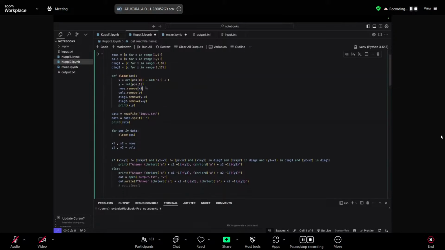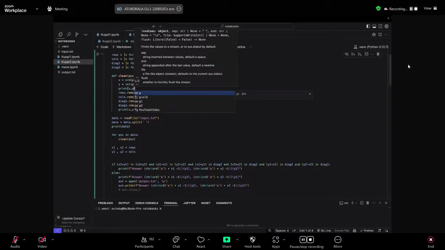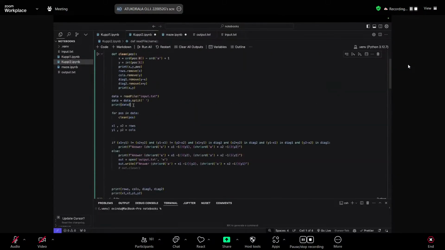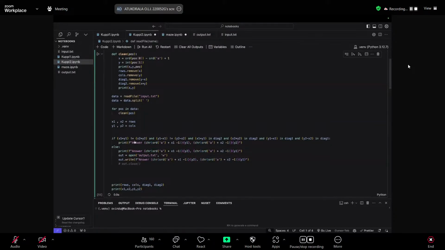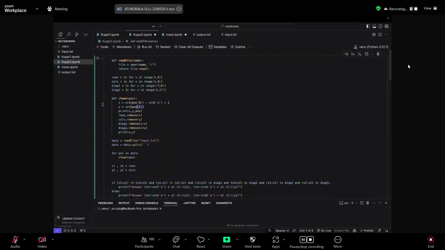And you can see, so now I have an X and a Y value. So let's put a print here, X, Y, and we'll print position as well. So if you check my print here, you'll see. A1 translates to 1, 1. P7 translates to 2, 7. C4 translates to 3, 4. So you can see now this part of my clean function translates the positions to an XY coordinate. So I've got that thing sorted now.